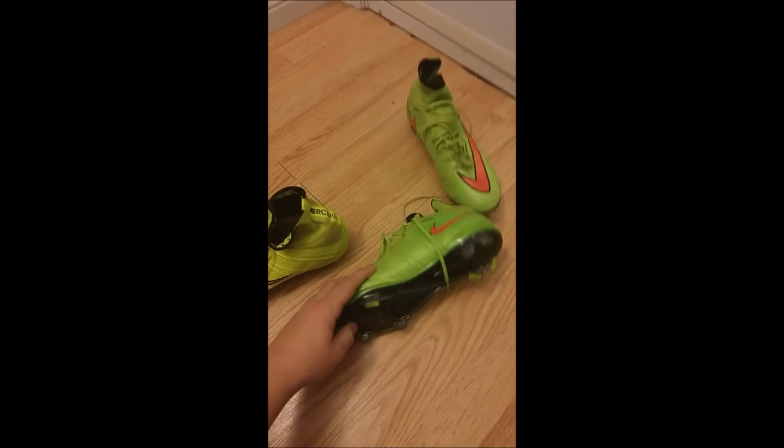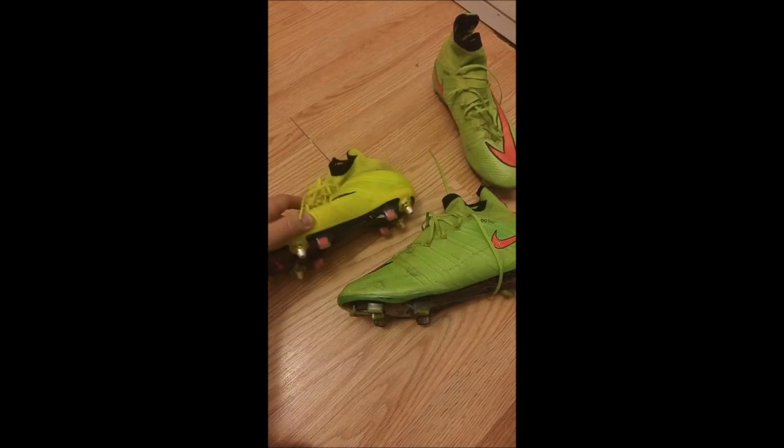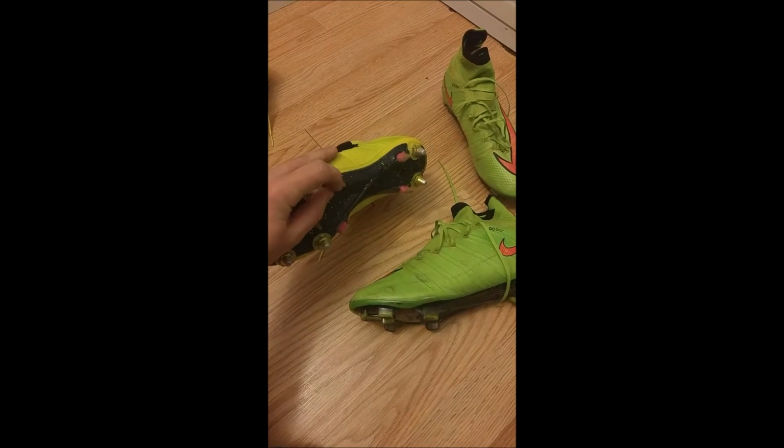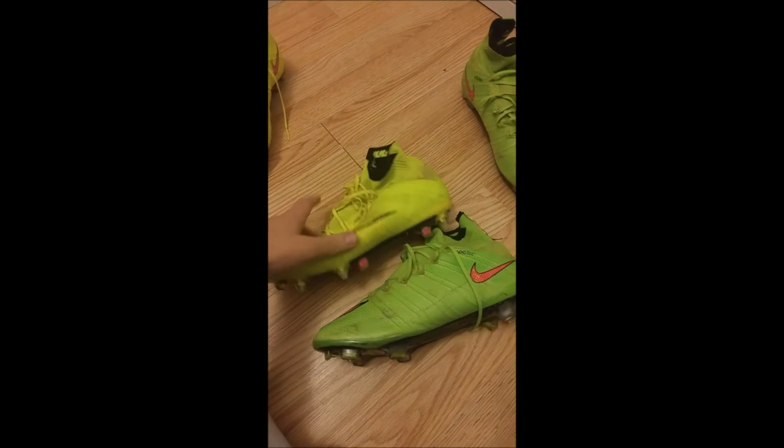Now, this is just firm ground. This one's the SG Pro. So what we can do is I can still compare with the firm ground studs that are in here compared to these ones as well. Okay, so the first thing that you're going to notice, here I'll take this shoe because it's the same one, same foot,